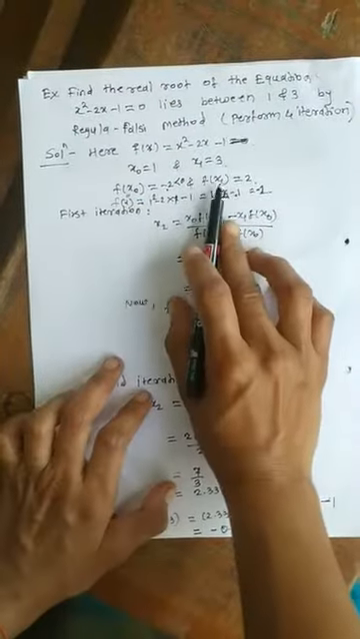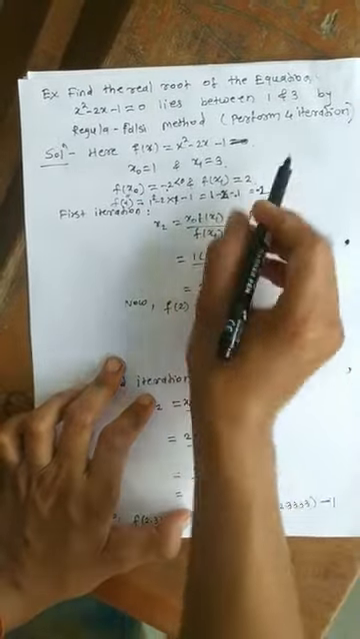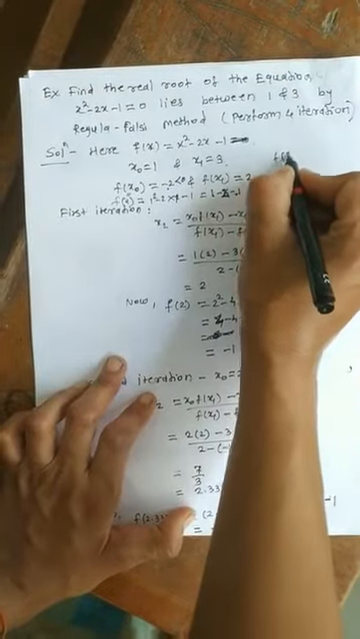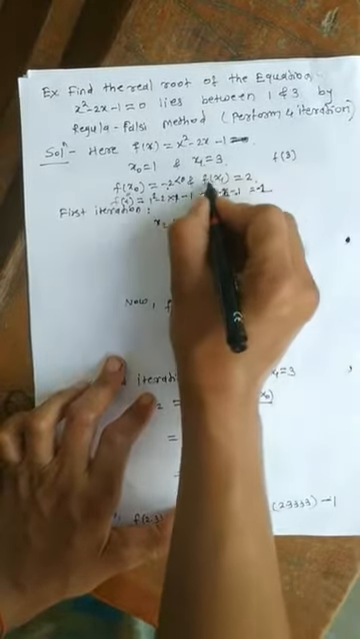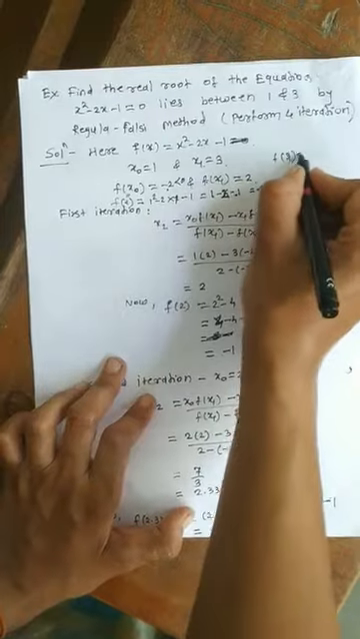And next we find f of x1. F of x1 is f of 3, which is equal to,